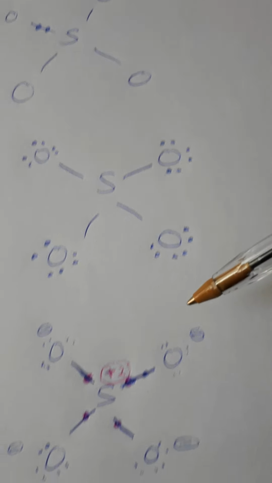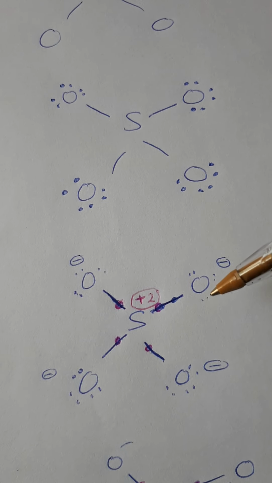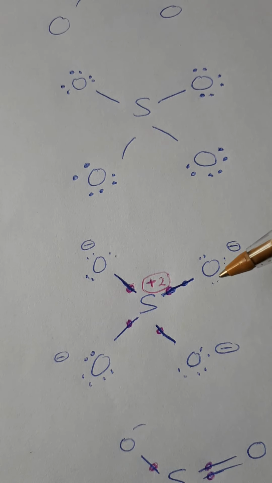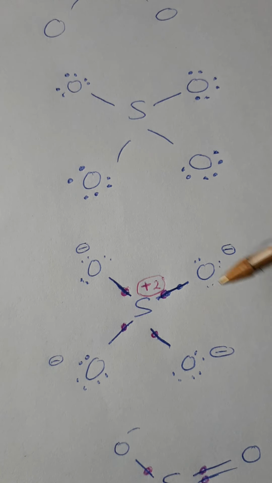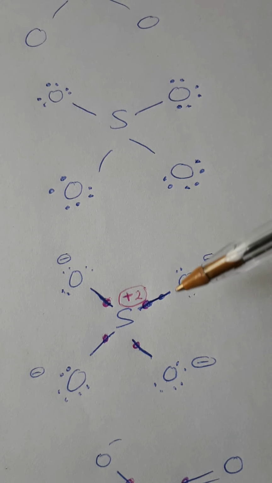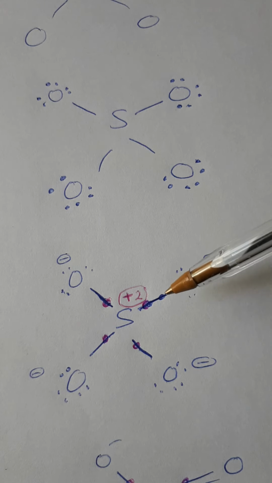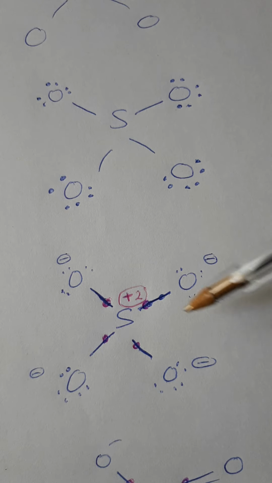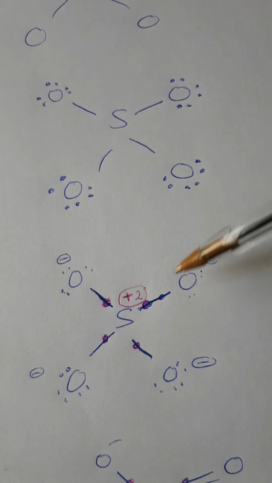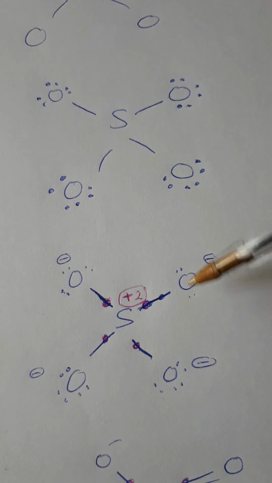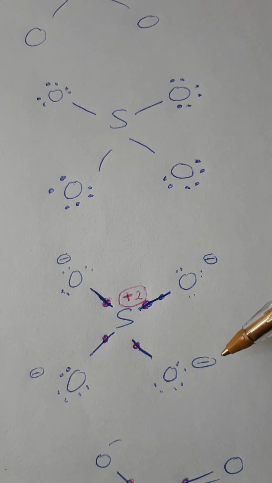now the next step is to look at the formal charges. As I said earlier, when you look at the formal charges of any atom, we are looking at the electrons around that atom only. So if you look at an oxygen atom, it has 1, 2, 3, 4, 5, 6, 7. We said a normal oxygen atom has 6 electrons in the outermost shell, but this one has 7. So one more electron. That means it has a formal charge of -1. So all of them are like that, minus.